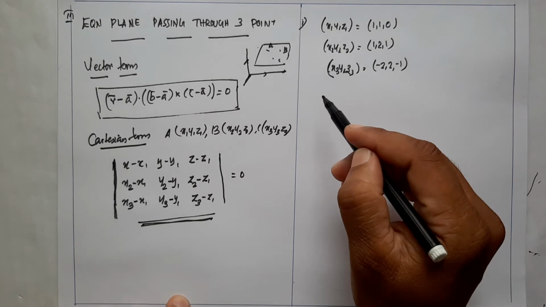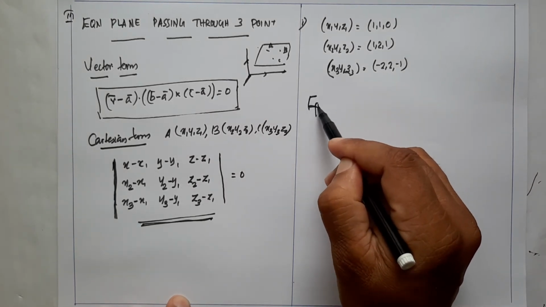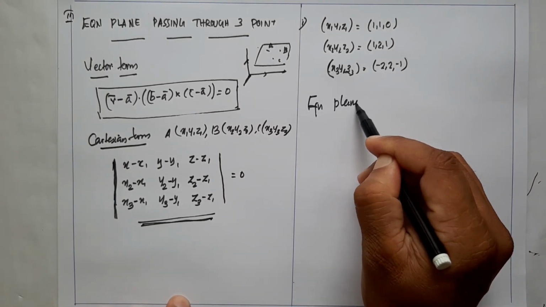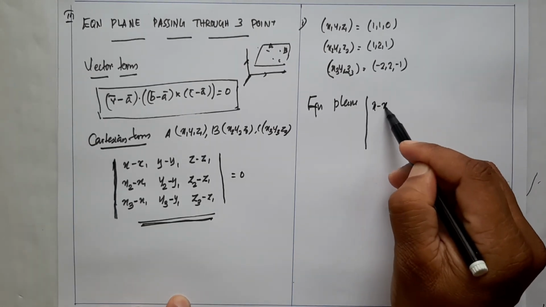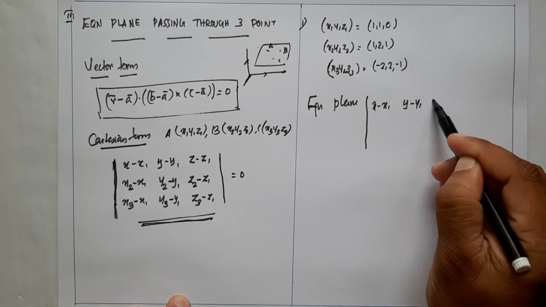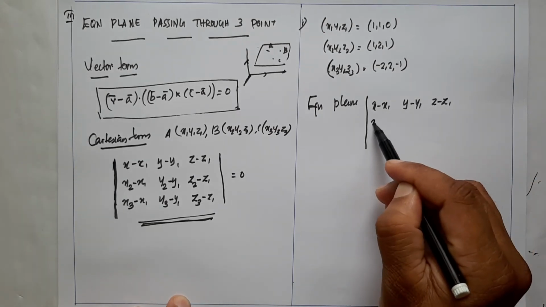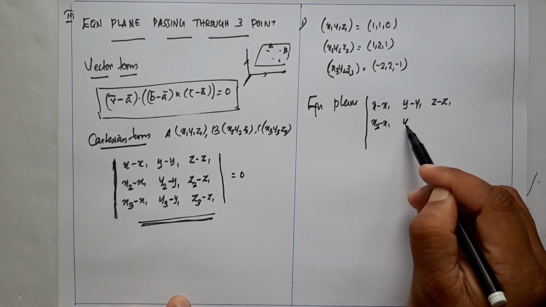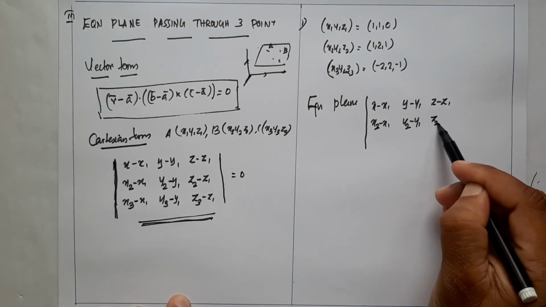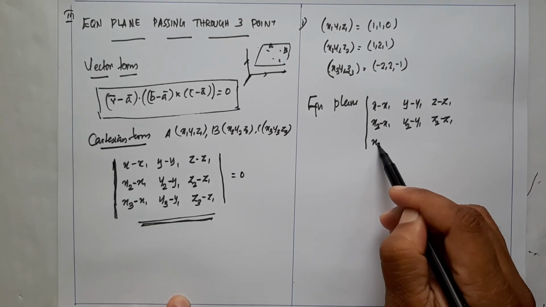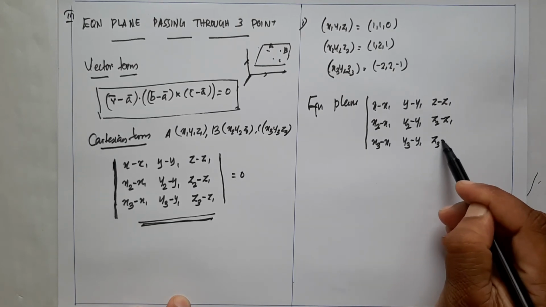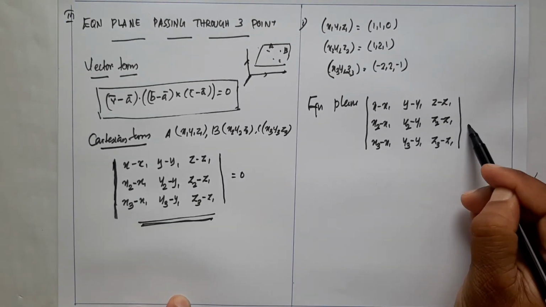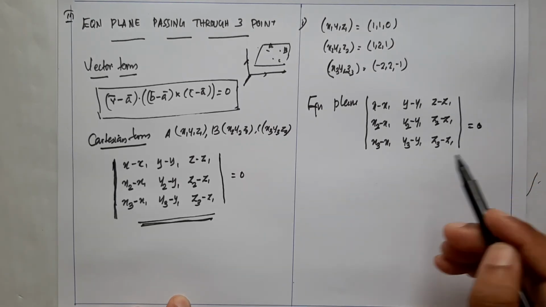Okay, first of all you write the equation of the plane. You already know the Cartesian equation of the plane is the determinant with first row x minus x1, y minus y1, z minus z1. Second row, x2 minus x1, y2 minus y1, z2 minus z1. Third row, x3 minus x1, y3 minus y1, z3 minus z1, is equal to 0. And therefore